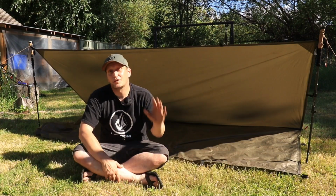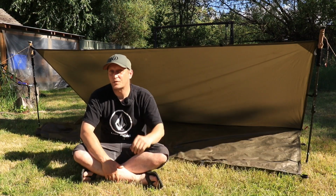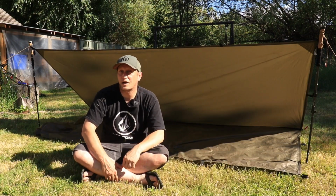Welcome back, everybody. I'm going to show you 5 very basic tarp shelters that anyone can do with a little practice. These will all be done with a 10x10 tarp, a handful of tent stakes, a little bit of cordage,